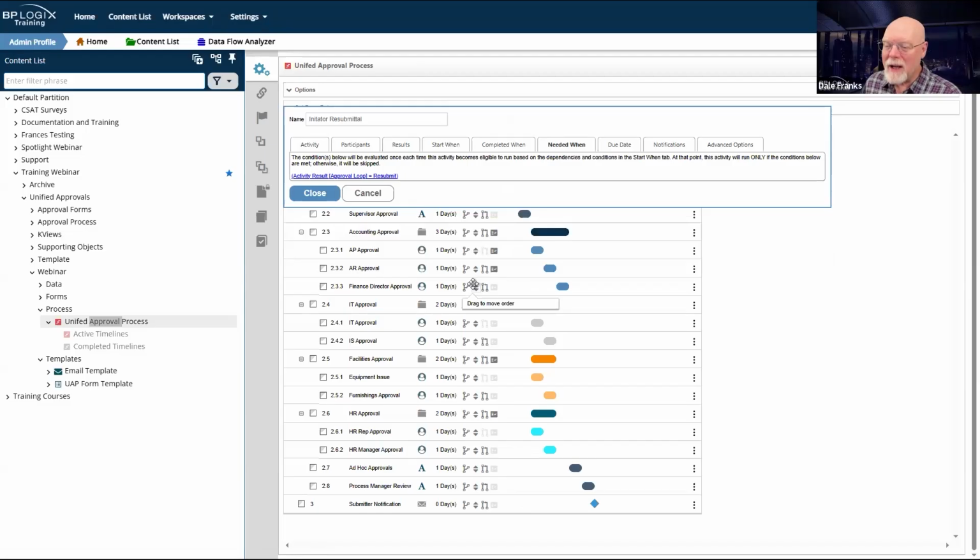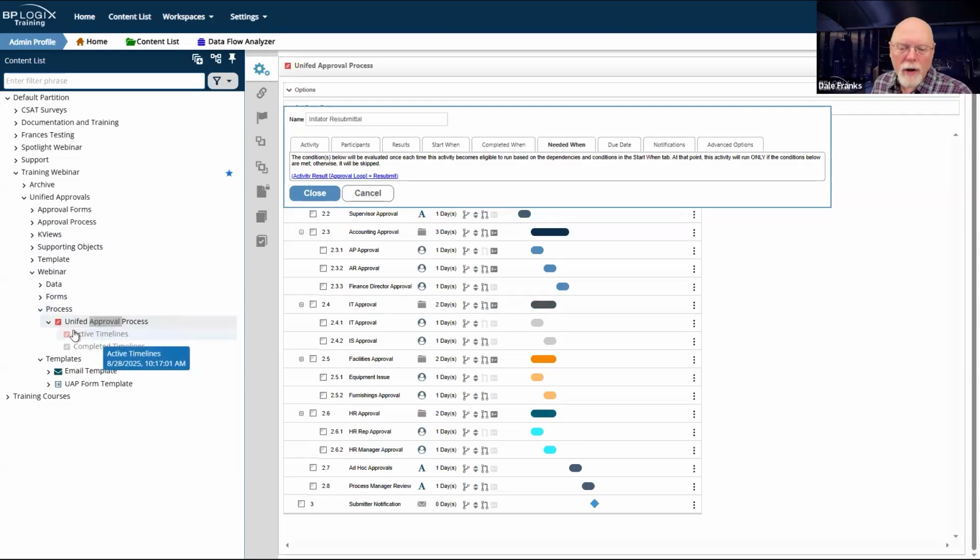I think I'm going to need a more expansive setup on this to make this work properly. Because I think what I'm doing is I'm skipping this activity whenever I do the resubmit. It's just coming in as not needed.